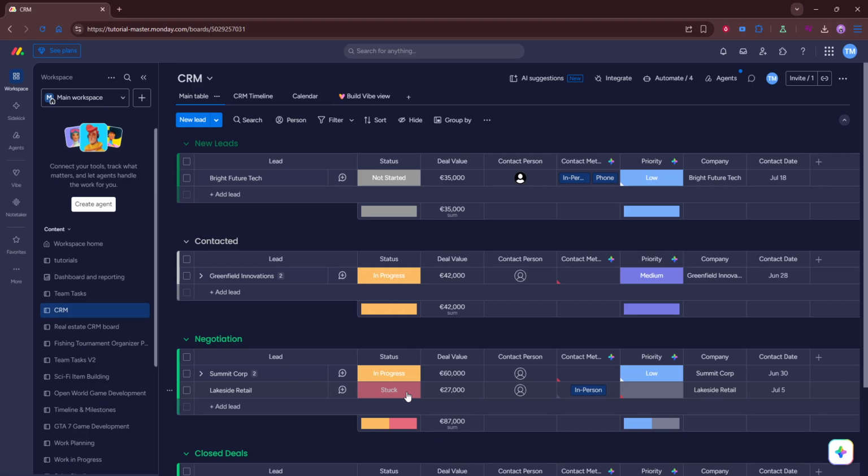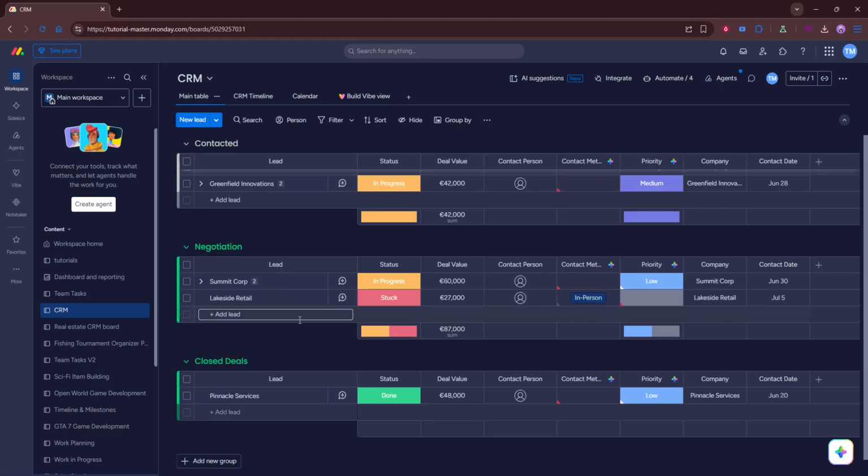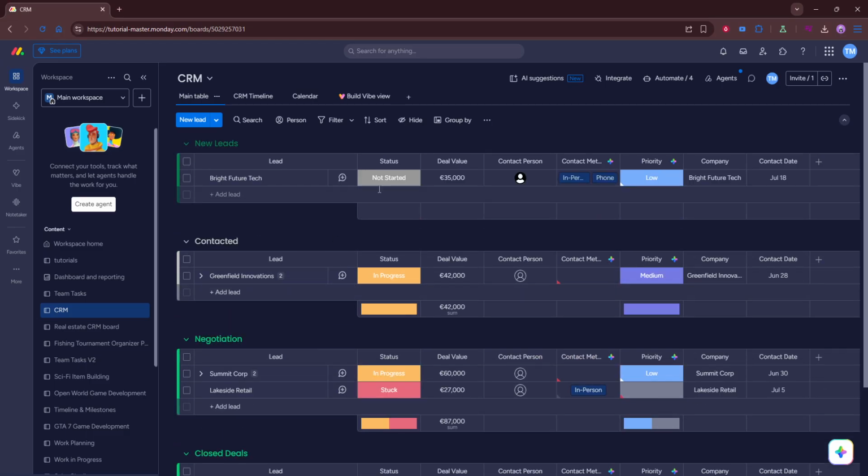Next, add the key columns you'll need to manage your contacts and deals properly. Include a contact column for the lead or customer name, a company column for the business they belong to, a deal value column so you can estimate revenue, a stage column to show where each opportunity is in the sales process, an owner column to indicate who is responsible for the deal, and a follow-up date column so nothing slips through the cracks. These columns give structure to your board and make it much easier to sort, filter, and review